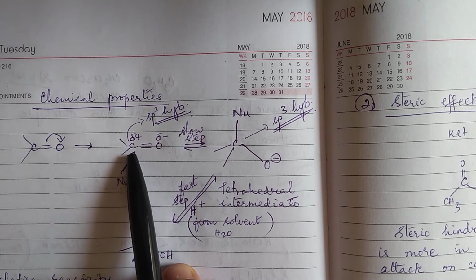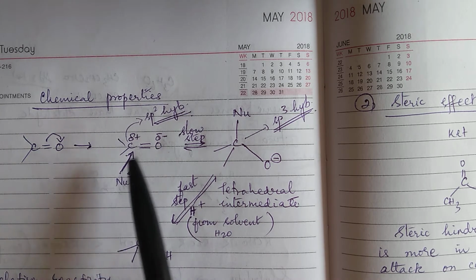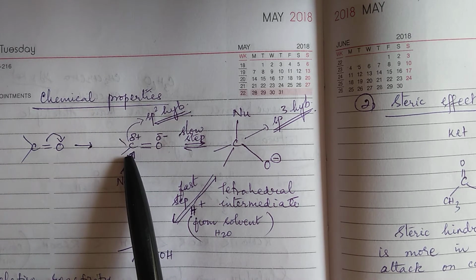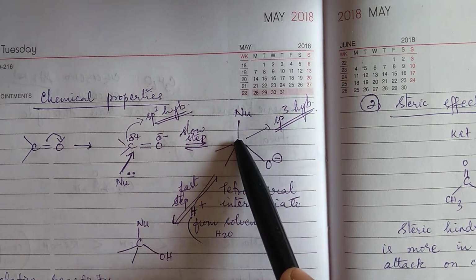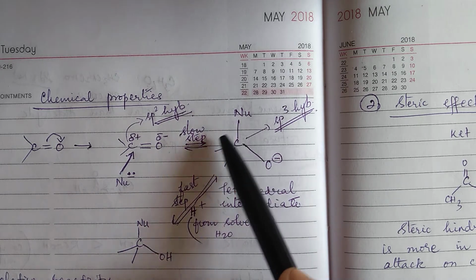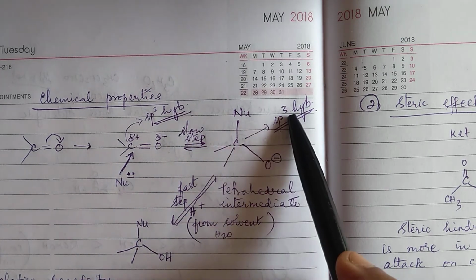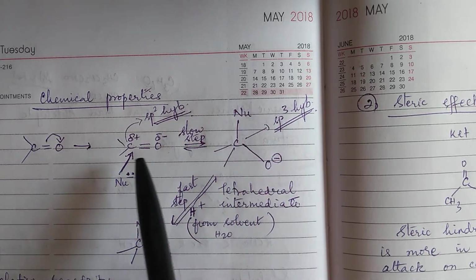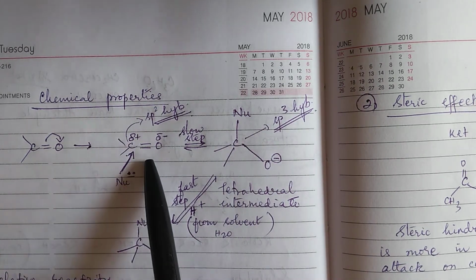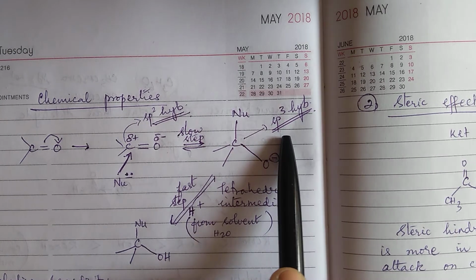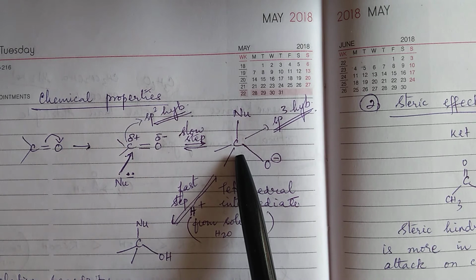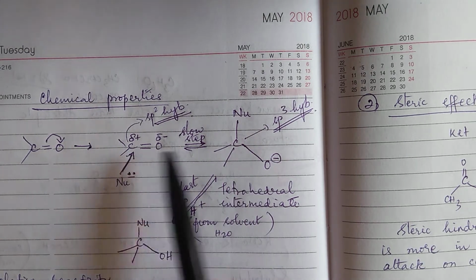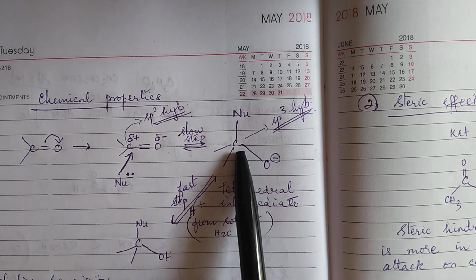Now let us see first C. The nucleophile is attacking the positively charged carbon. Now what happens? The sp2 hybridized carbon is now becoming sp3 hybridized carbon because the nucleophile is also attached. When carbon is surrounded by 4 single bonds, it is sp3 hybridized. So sp2 is planar and it is getting converted into a tetrahedral intermediate. sp3 hybridization means tetrahedral geometry, is it not? So planar geometry is getting converted into tetrahedral geometry.